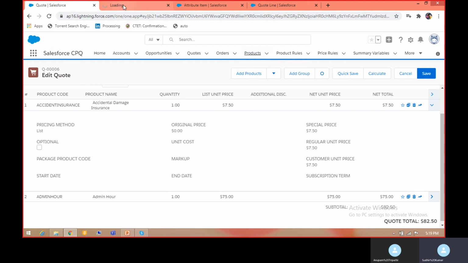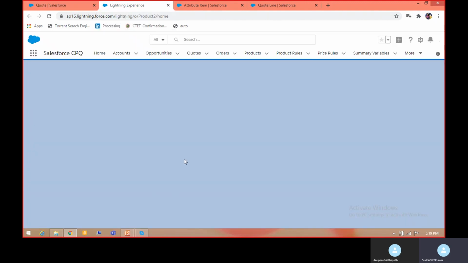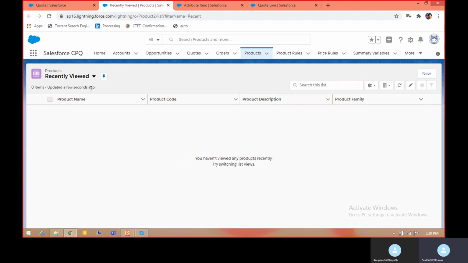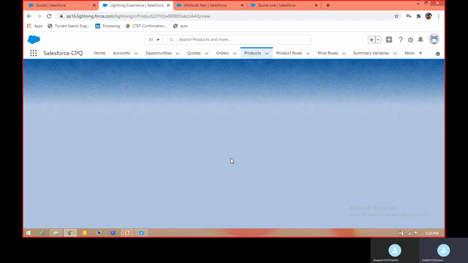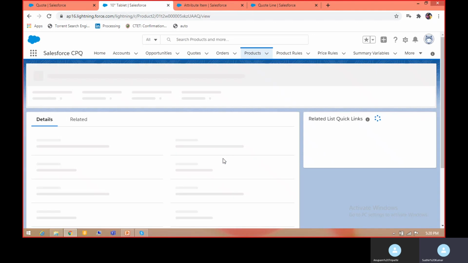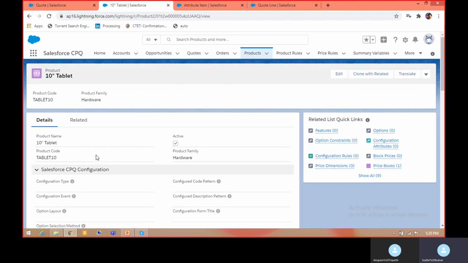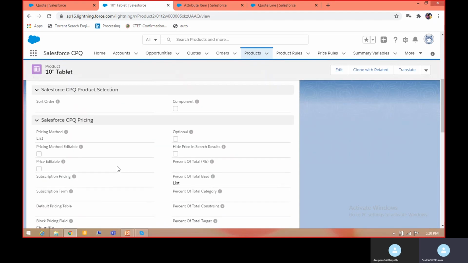Let me show you one more thing before discussing it. Product. Let me select any product. You can see over here the Salesforce CPQ pricing method is defined as list.